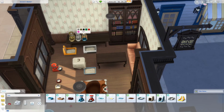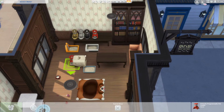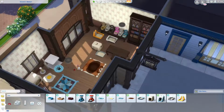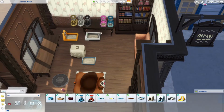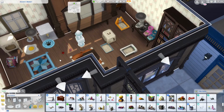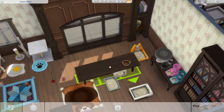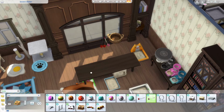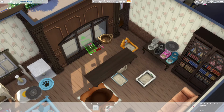I am totally into the granny aesthetic. It is definitely my vibe, so I think I change it up quite a lot. And stick around for the screenshots because I may even change what it looks like at the end of the speed build from what the screenshots look like. I think I changed the wallpaper and just a few details like the colours of curtains and stuff like that. So yeah, I was definitely going back and forth a lot throughout quite a few places in this build,